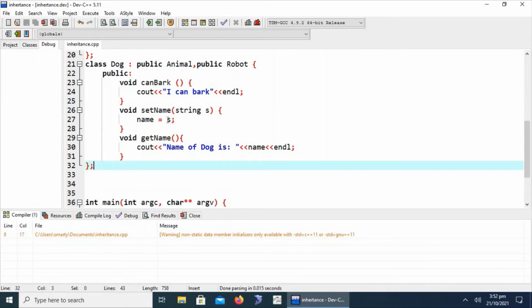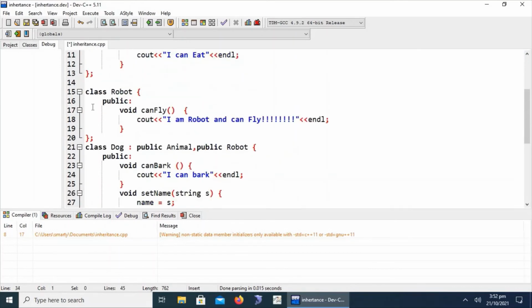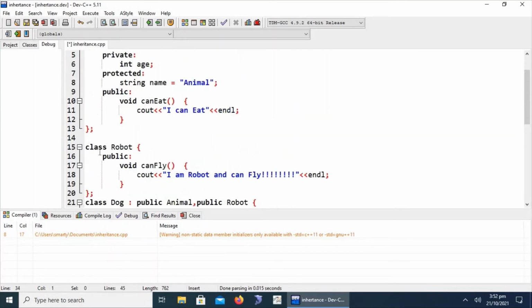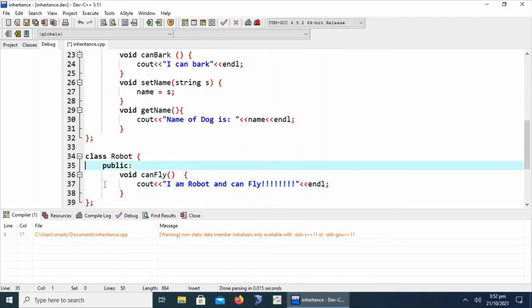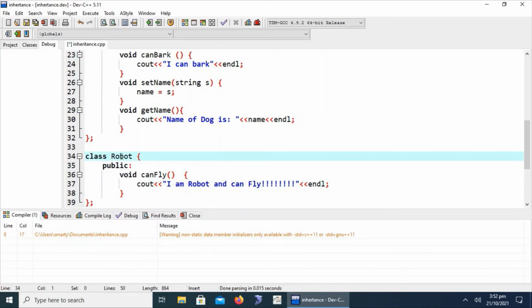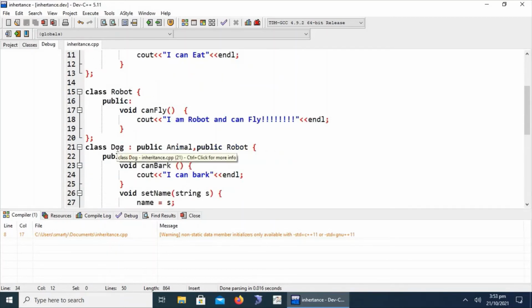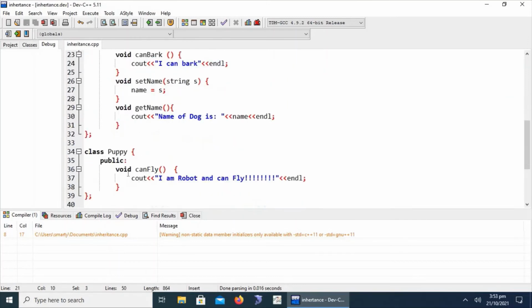Similarly, we can inherit these classes to multiple levels. Multi-level means we create another class, let's suppose called puppy, and we derive it from the dog class with access specifier public and dog class.